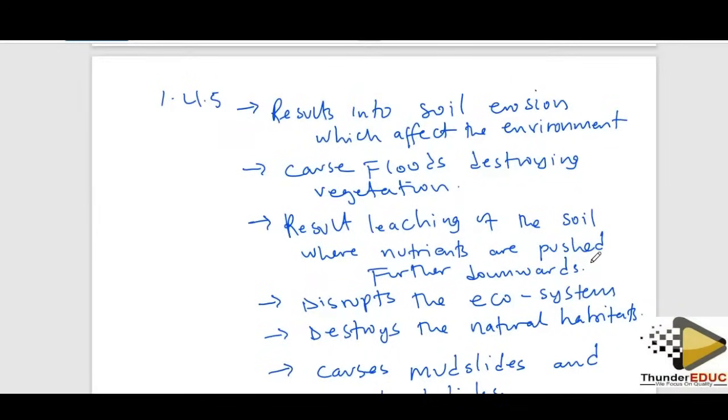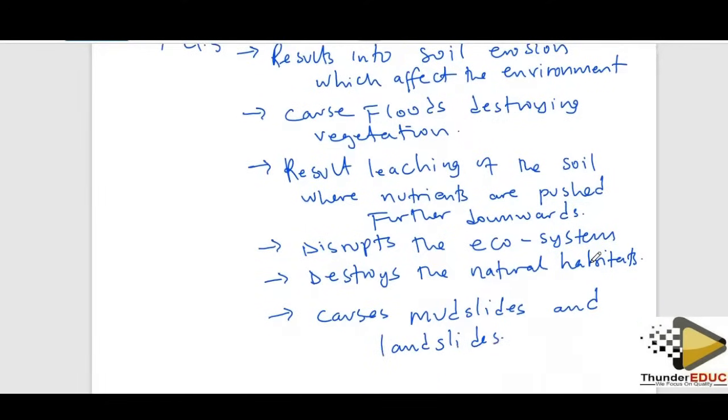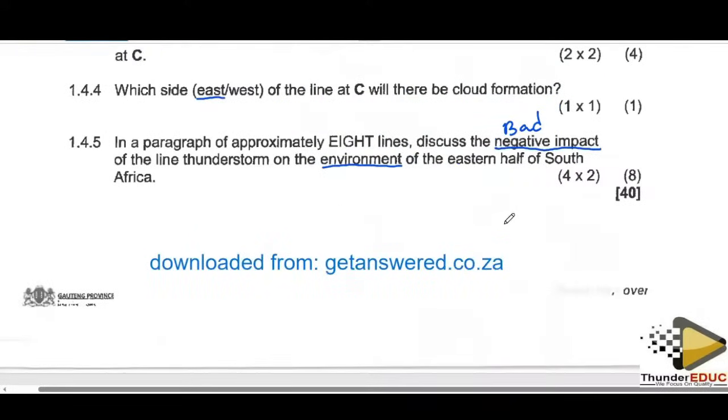The ecosystem as well will be disrupted due to some organisms being destroyed or killed, and as well the natural habitats destroyed. It could result into mudslides and landslides because we know whenever there is too much rainfall, the soil at times gets loosened and starts to slide downwards, which would be as well a danger. All right, so that is for question